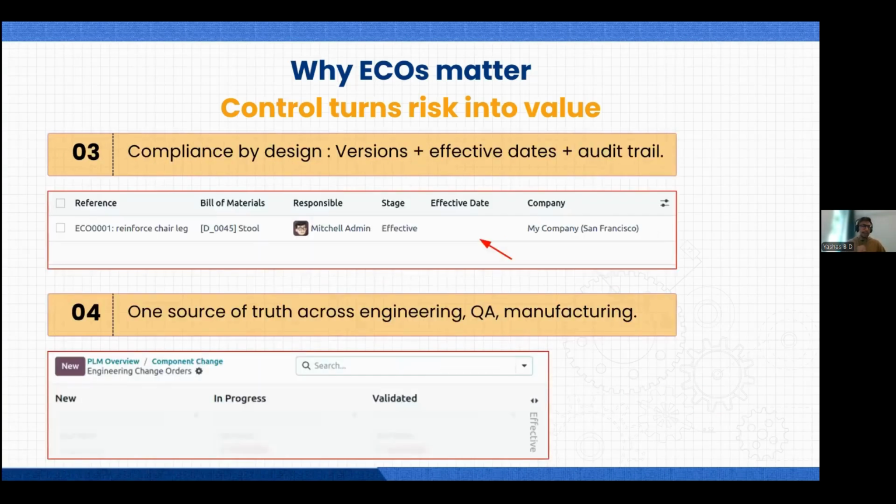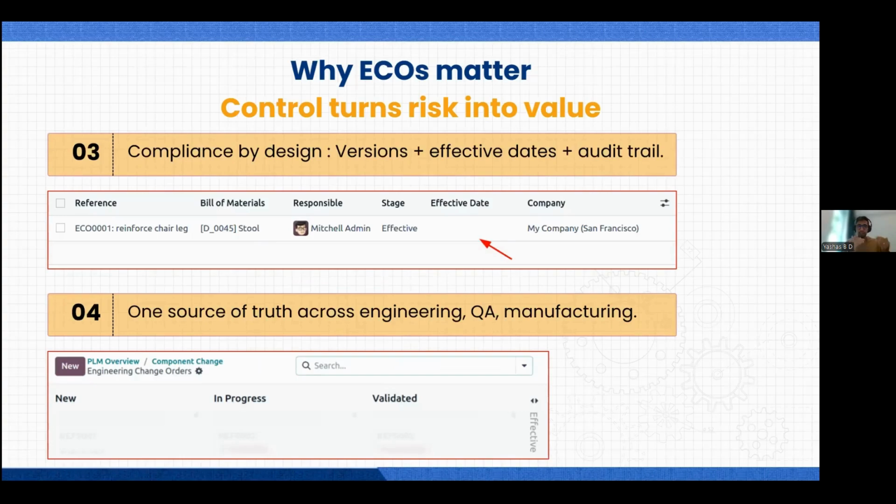And most importantly, there is the audit purpose, where each and every ECO, that is, engineering change order, can be seen clearly. On the screenshot itself, the ECO name is Reinforced Chair Leg, and the bill of material it's working on is for a product called Stool. You can see who is responsible for it, which stage it is in, whether it is effective or still being validated, and the date it was validated from, that is, the effective date, so that it clearly serves auditing purposes.